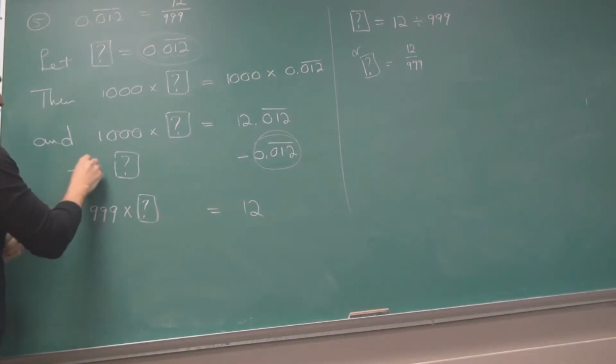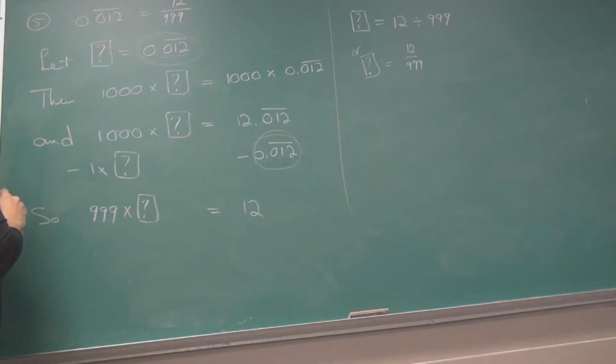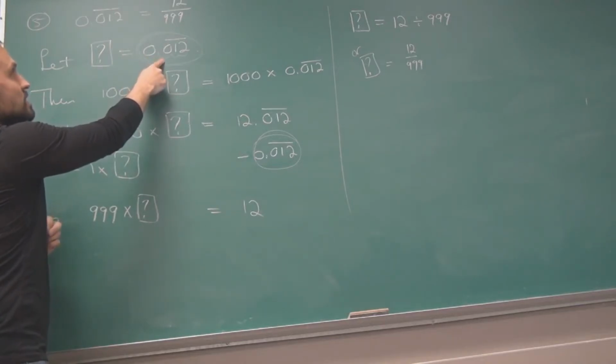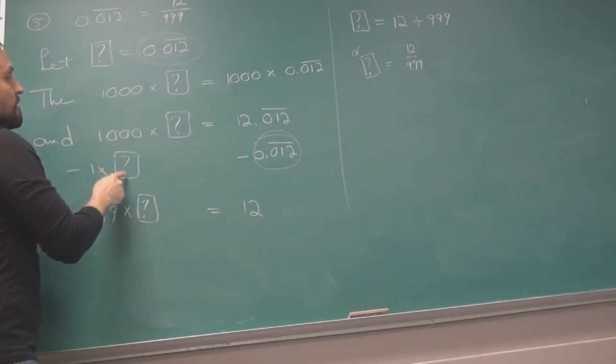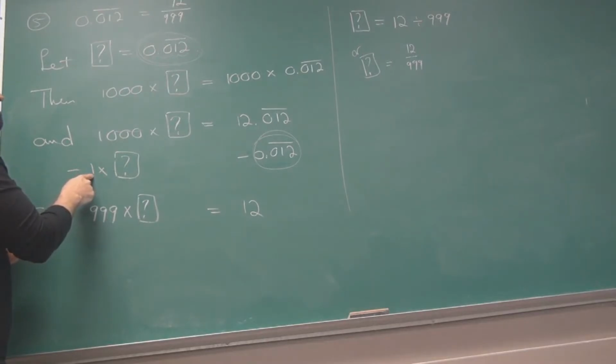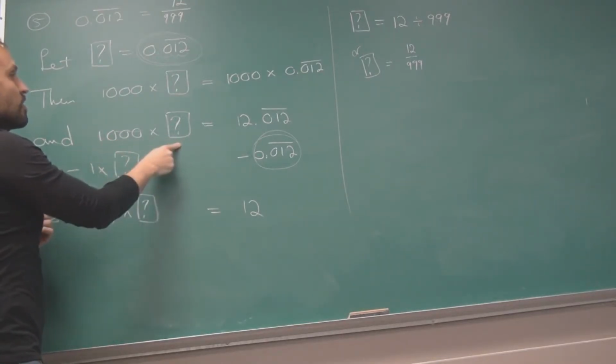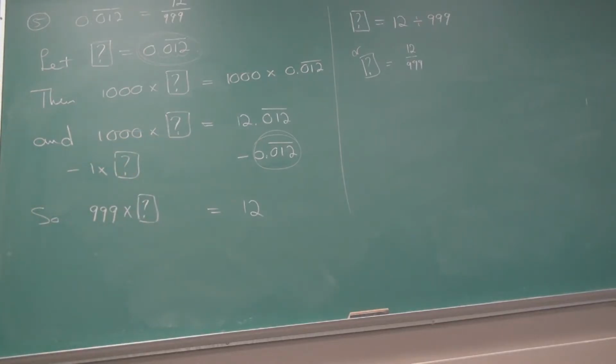Well, you could also say I'm taking away one question mark. You can totally do that, because a single question mark is equal to this quantity. Now I have to look at it as one, because what I'm taking it away from is much more. I have 1,000 of these. That's what multiplication means, right? If I have an object and I multiply it by 1,000, how many objects do I have? I have 1,000 objects. No?